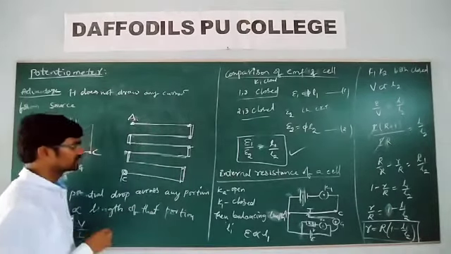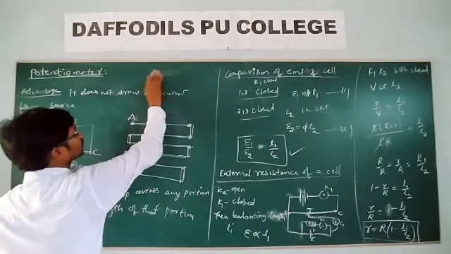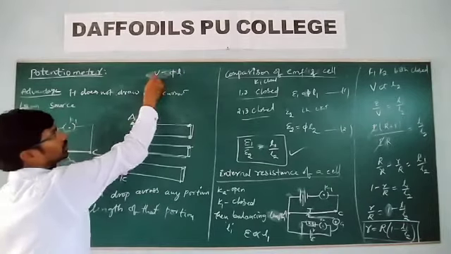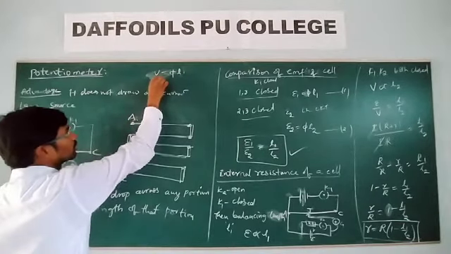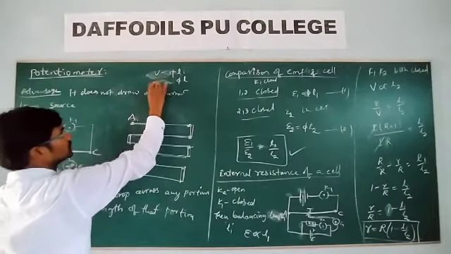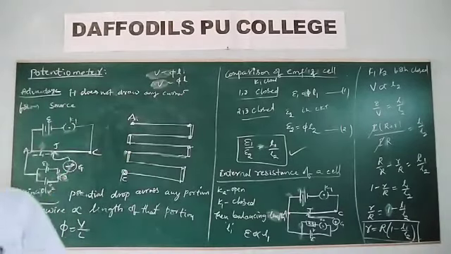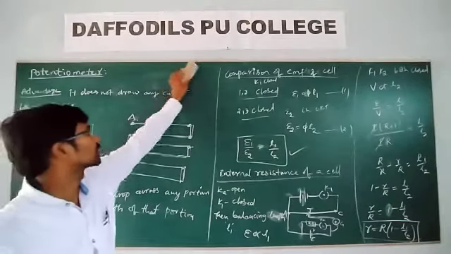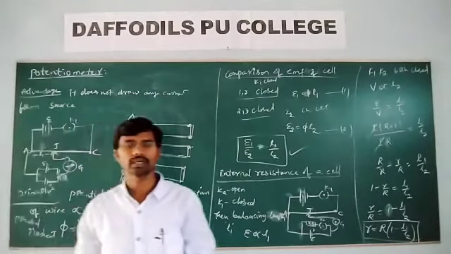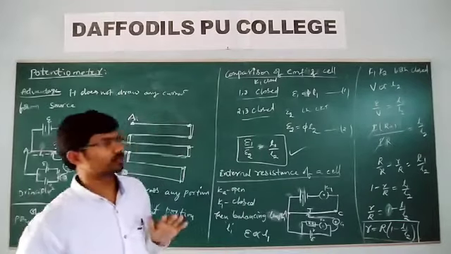How do we get the potential difference across any points? We know V is equal to phi into L, the balancing length. Now V is equal to I into R is equal to phi into L. Then phi is nothing but V by L dash. So from that you can calculate the EMF of the cells, and we can even compare them and determine the internal resistance of the cell also using the potentiometer.